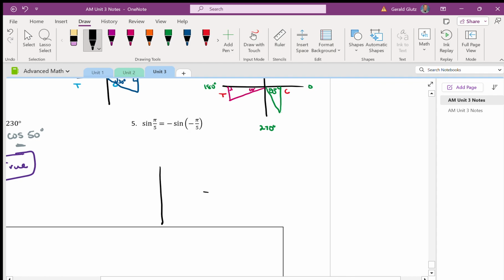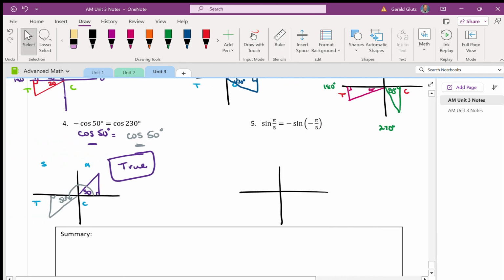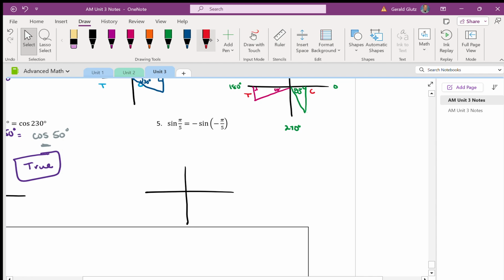And then last one here. Sine of pi over 5 equals negative sine of negative pi over 5. So pi over 5 would be somewhere around there. So we have all positive there. Students, text, and class. So then this negative pi over 5